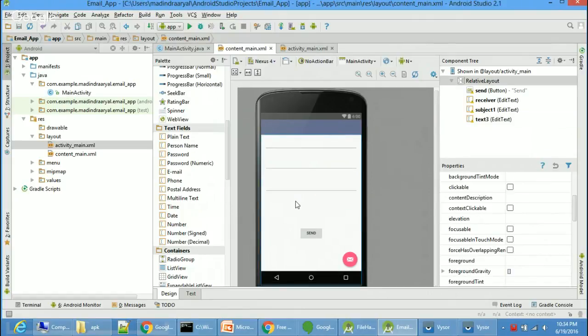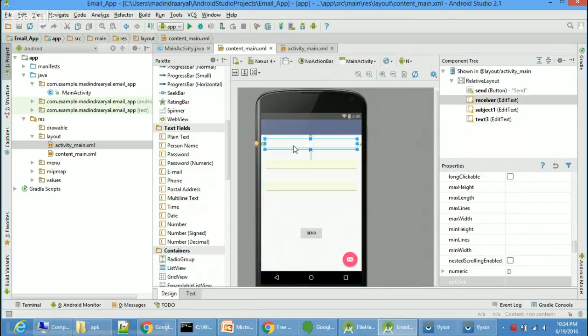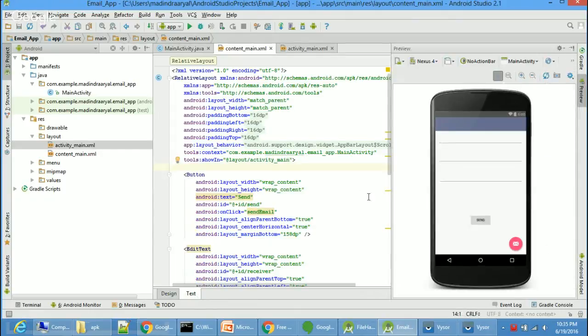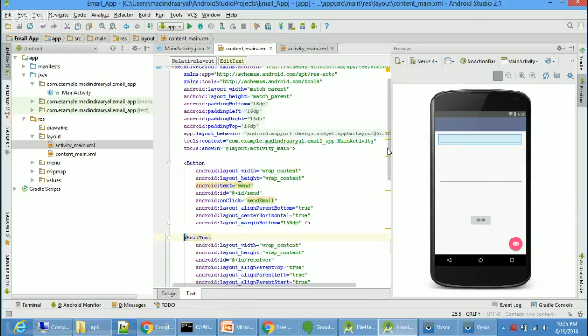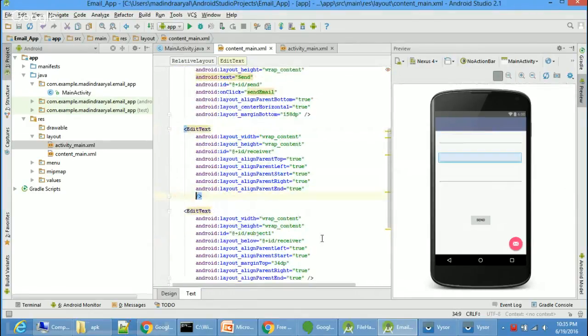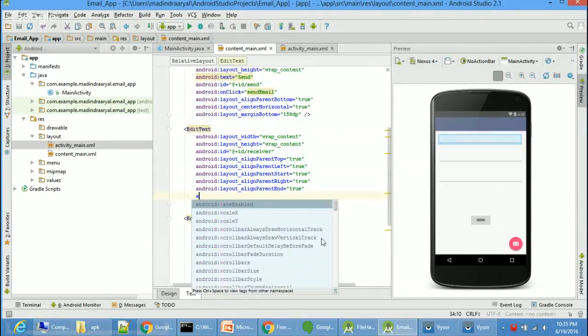Done. The user will still be confused about where to actually add the email address to send an email to, where to add the subject, and where to add the text. To let the user know, let's move to text. This is the text field which was created by the edit text button. In the last line,